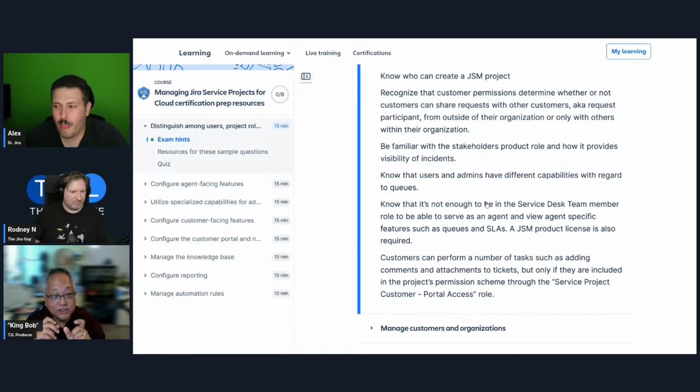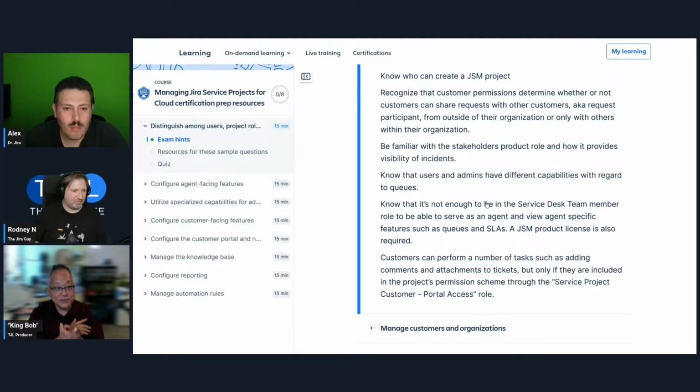If you have an agent license, you can do these things. But if you have a regular Jira license, and this is where I'm thinking that the stakeholder product role is, if you have a regular one, whether or not it has a stakeholder license associated with it, or if we're going to do it the old-fashioned way, which is just with a regular Jira license,